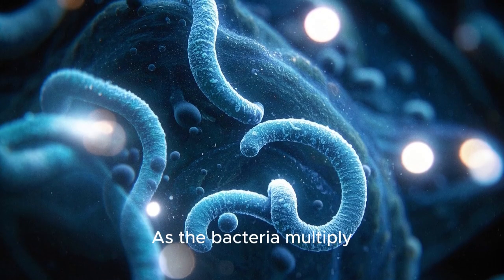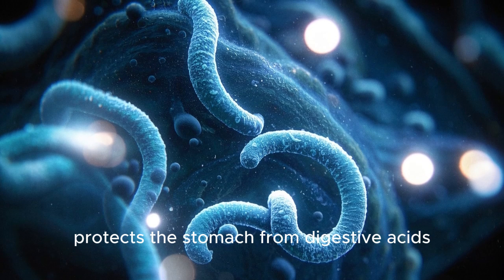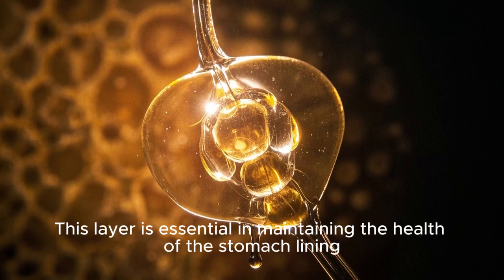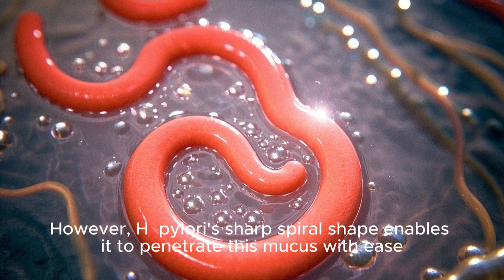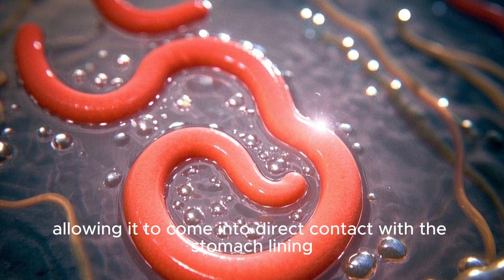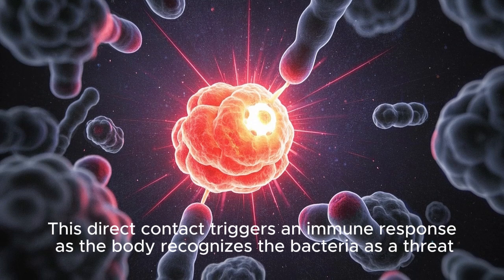As the bacteria multiply, they begin to burrow into the mucus layer that protects the stomach from digestive acids. This layer is essential in maintaining the health of the stomach lining. However, H. pylori's sharp spiral shape enables it to penetrate this mucus with ease, allowing it to come into direct contact with the stomach lining. This direct contact triggers an immune response as the body recognizes the